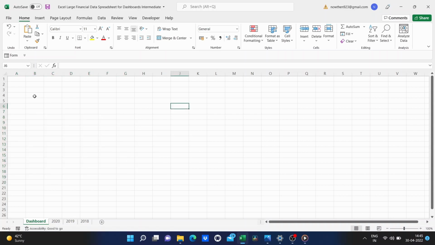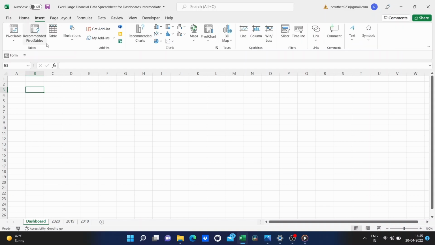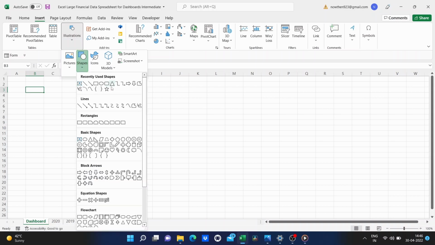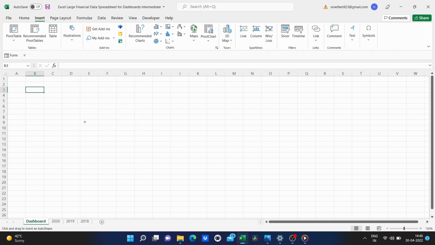So, what I want to do is go up here to Insert, and one of the simplest ways to start setting up a dashboard is just to use some simple shapes. And for me, shapes are hidden here under Illustrations. So for you, just look for your Illustrations group and you should see it. And I'll just go in here to Shapes, and there are a whole bunch of shapes that I could use. I'll use a rectangle, but maybe one that's got curved edges or something like that. So, I'll just click and drag to set up a shape here.